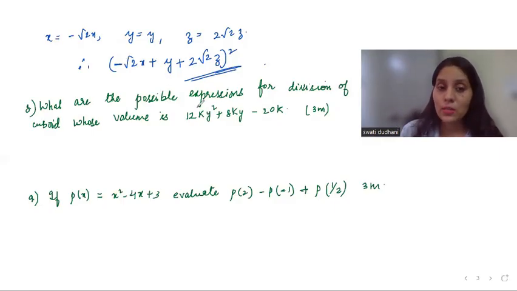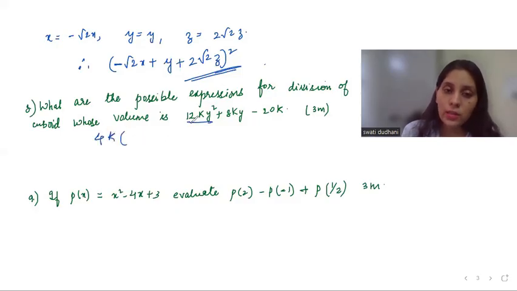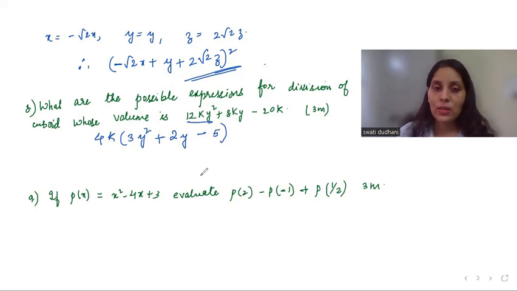Next, what are the possible expressions for the dimensions of a cuboid whose volume is this one? Okay, so you can factorize this by taking out common. So first, what do we take out common here? I think 4 and then k. So what do I get here? 12 divided by 4 is 3 and k is already taken out common. We have y square plus 8 divided by 4 is 2, k is already taken out common, so y is left, minus 20 divided by 4 is 5. So this is one possible expression, but I can further